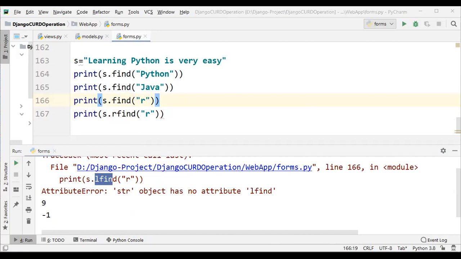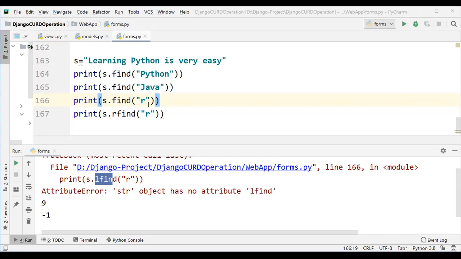R find only. L find is not allowed. So only find and index work for the forward direction, and for the backward direction only R find or R index, not L find or L index. So this gives an error.